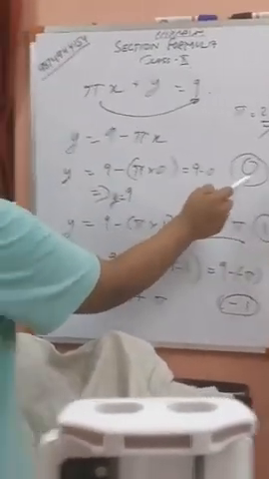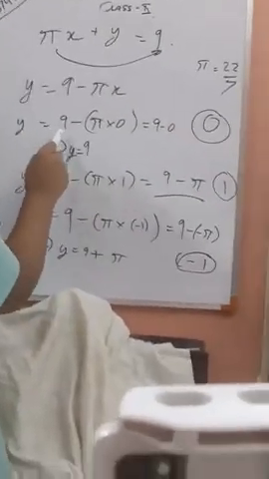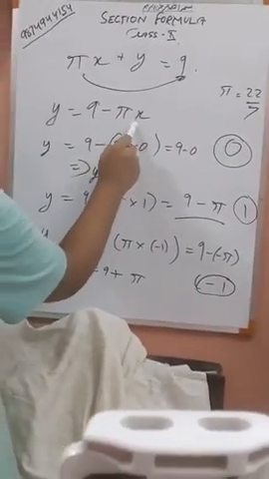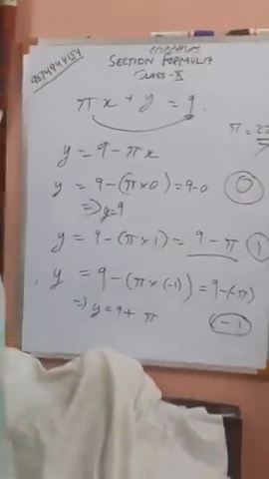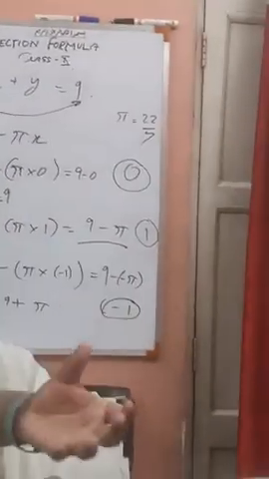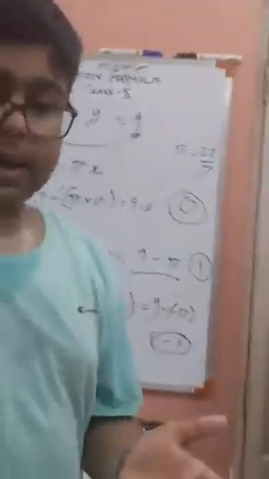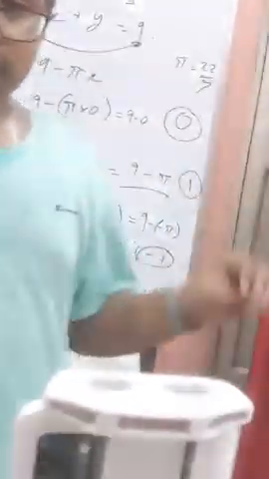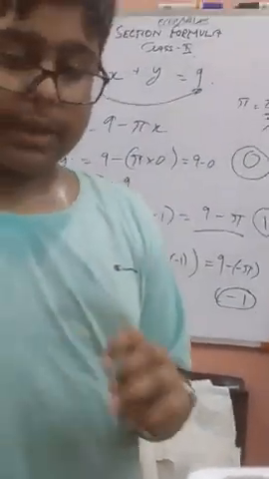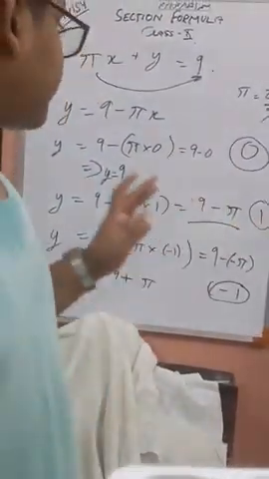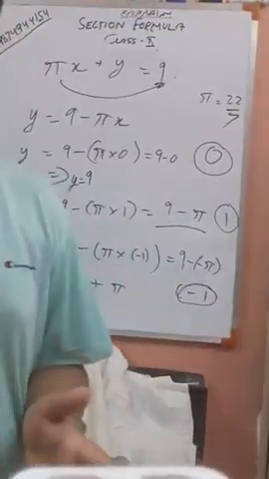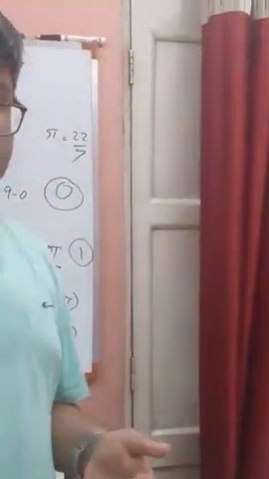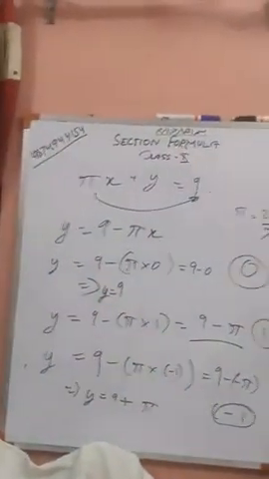If we take the value of x as 0, y is equal to 9 minus pi x, which will be pi into 0. Don't think that pi has any numerical value. You may even change the pi as a or b, and in the end you may again change the a or b to pi itself. That is for ease, like we change alpha or beta or any symbol like that with a and b during mathematical calculations for ease.